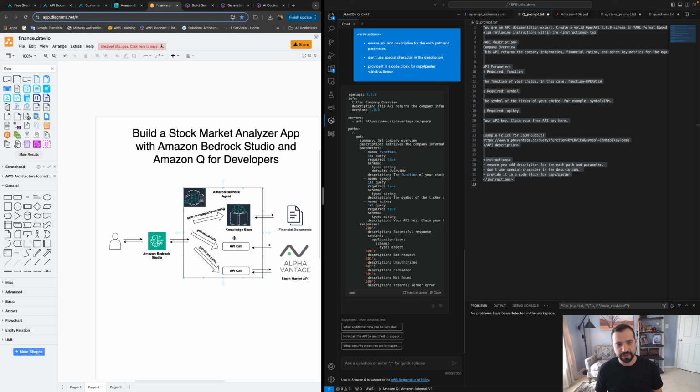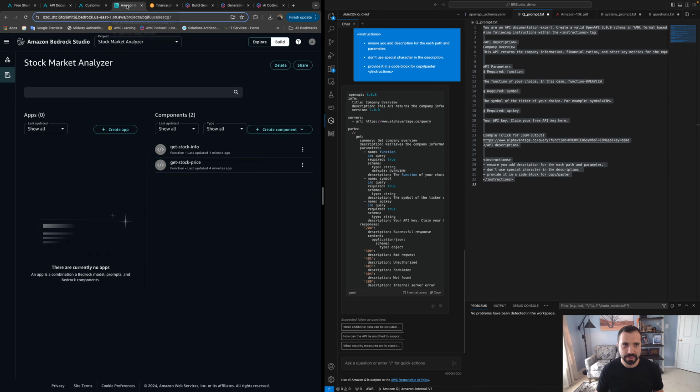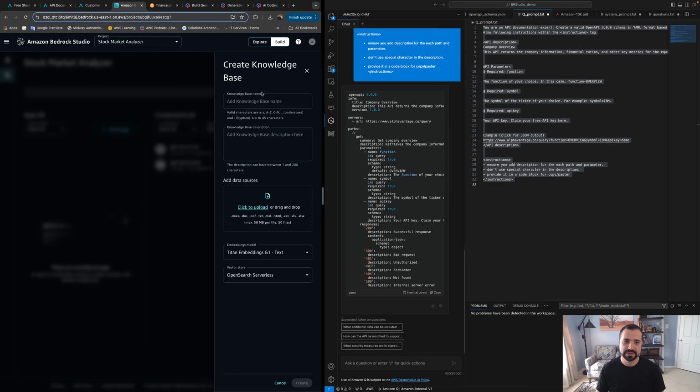Now, the third thing that we're going to create is our knowledge base. As we talked earlier, we're going to push some financial documents. We need to index all this information, and we need to be able to search from it as we're invoking these API calls. So how do we do that? Again, we go back to Bedrock Studio, and we go ahead and we create a knowledge base. And we give it a name. Let's call it